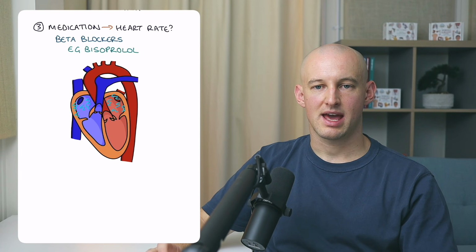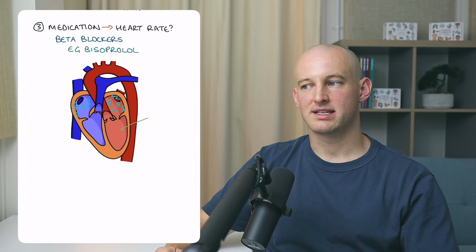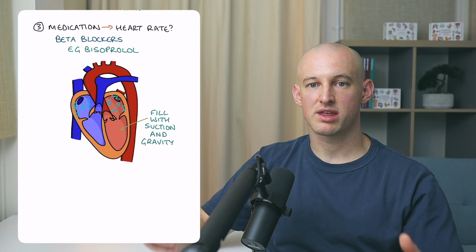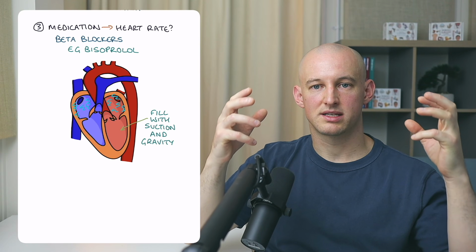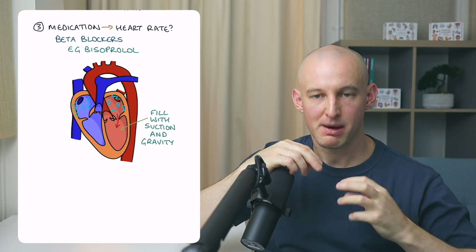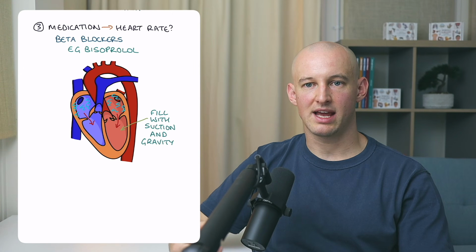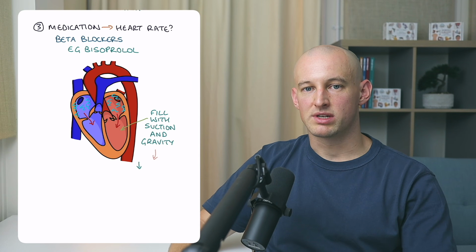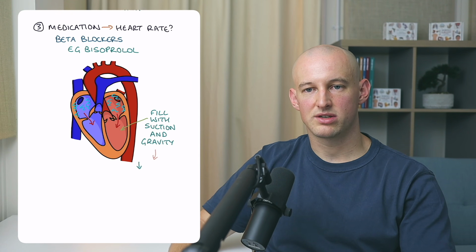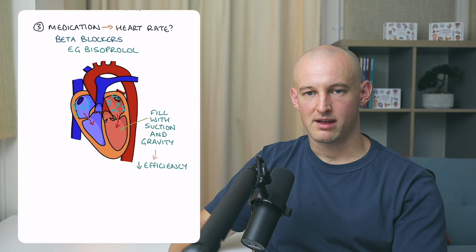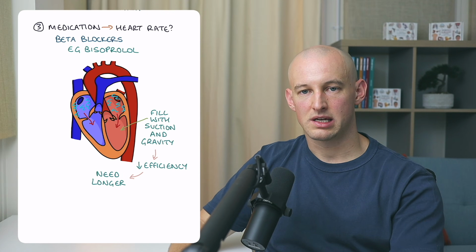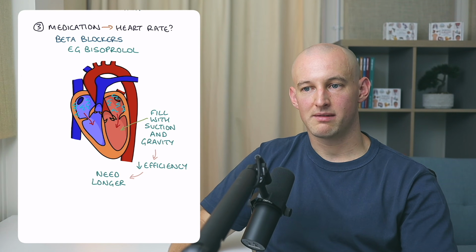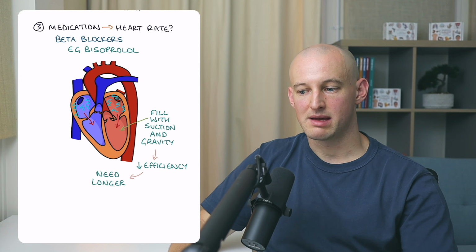The problem with the atria contracting randomly is that the ventricles need to fill with suction and gravity rather than, in a healthy heart, the ventricles filling by the atria actually pumping blood. In atrial fibrillation, the atria aren't really pumping, so they need suction and gravity. But this reduces the efficiency of the ventricles filling, meaning that the ventricles need longer to fill with blood. When the heart rate is too fast, there's not enough time between ventricular contractions for them to properly fill with